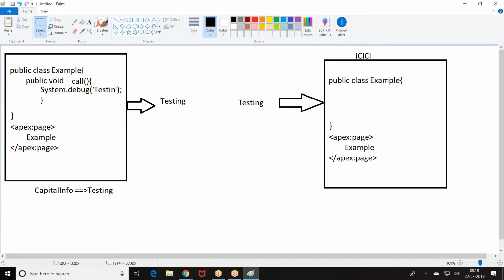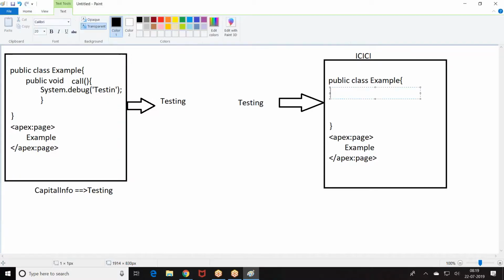Because they are able to see the source code, they are modifying. Now once they install, can I control what changes they are making? I cannot. Why? Once they are able to see the source code, they can make whatever changes they want. So I don't have any more control on the package which I have given.